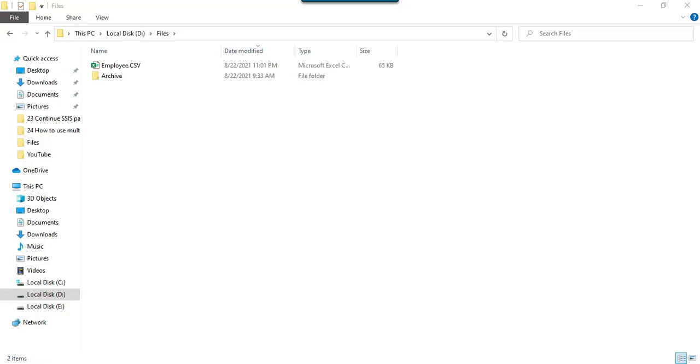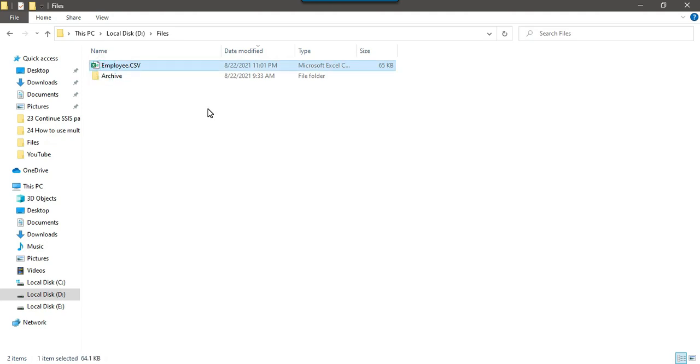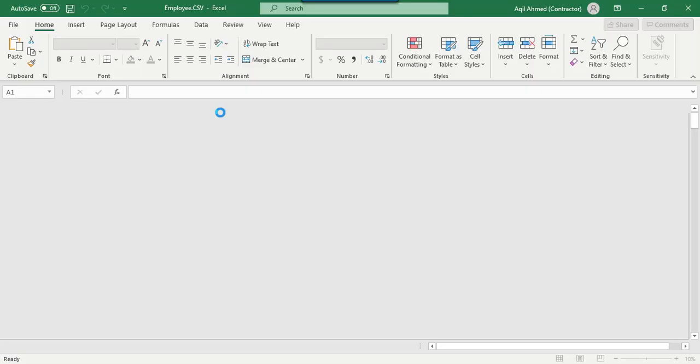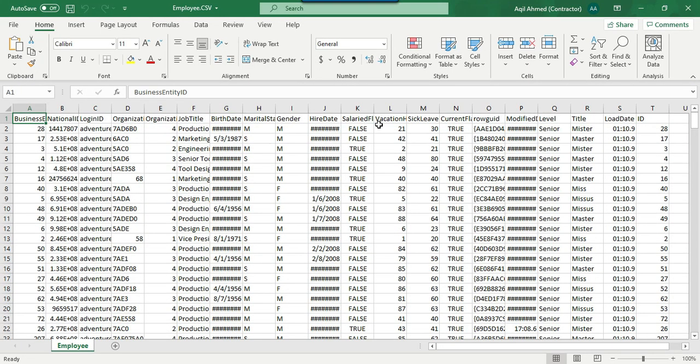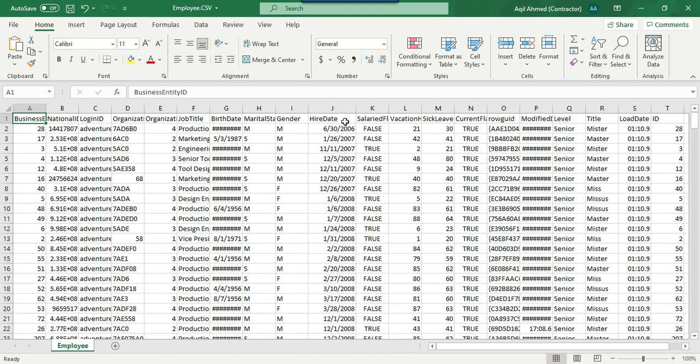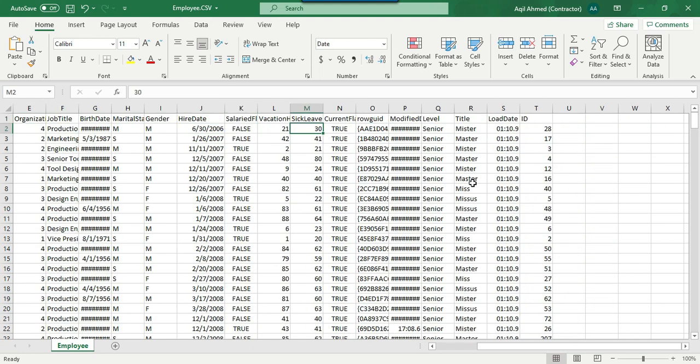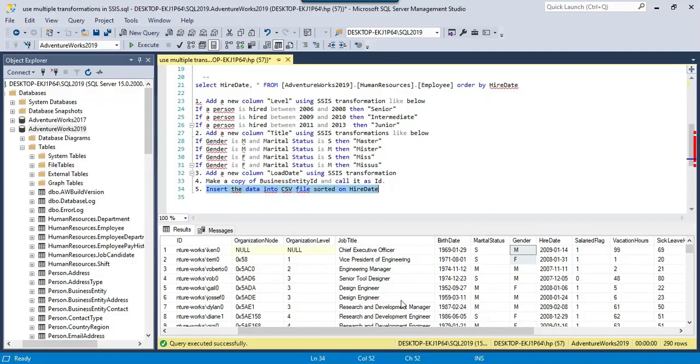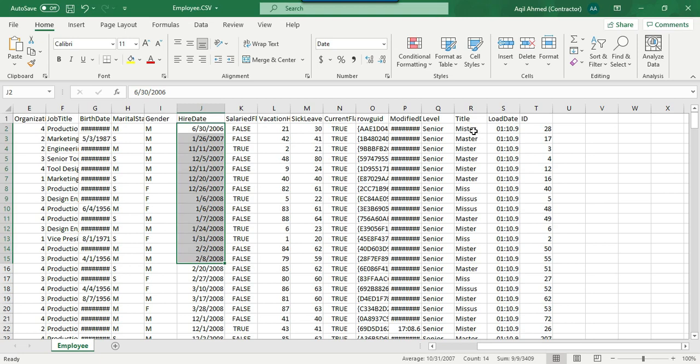All records were exported, and if you open this particular file, it will open in Excel. Let me just increase the width of the hire date column so that you can see it. Now the first column that we added is the level column. So if you see, the data is sorted based on the hire date column, and all the records from 2006 to 2008 are of senior type.